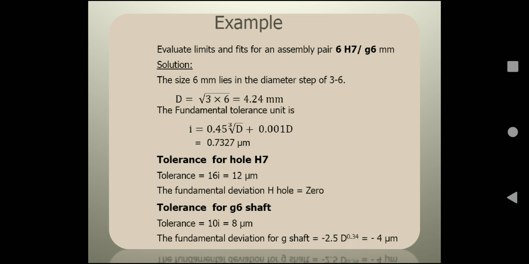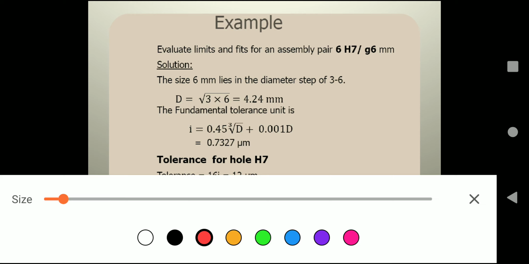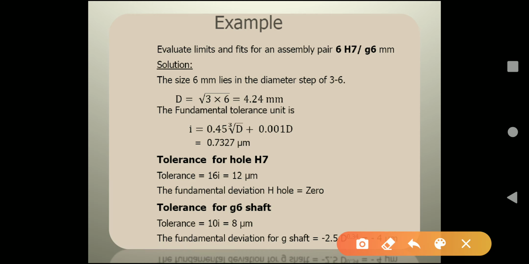Here you can see the tolerance zone for H7, which is given as 16I. We have already calculated the value of I, that is 0.7327, so we put that I value here. We will get a 12 micron tolerance zone,